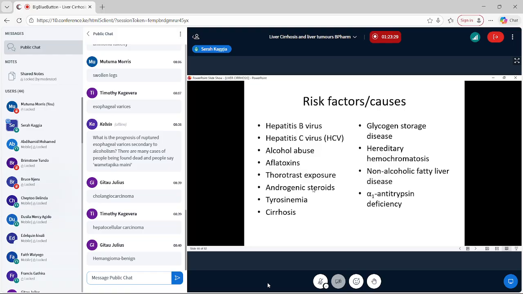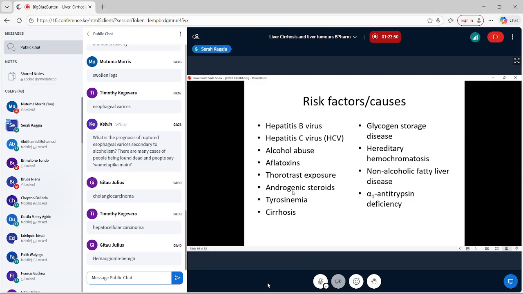So risk factors are like the ones we saw for liver cirrhosis earlier on. So you have hepatitis B and C infections. We have alcohol. We have Aspergillus flavus, which produces the aflatoxins. We have exposure to thorotrast, androgens,